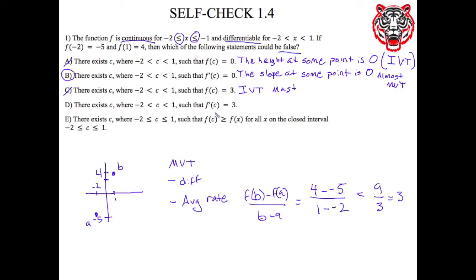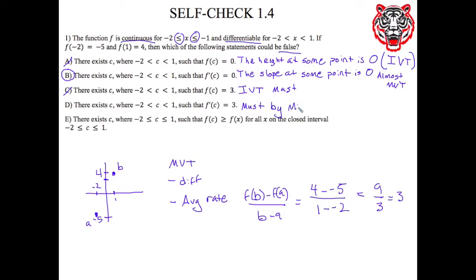F prime of C, so that is the slope at some point. It's very similar to B. The slope at some point is 3. And what guarantees slope? What theorem? That is the mean value theorem. So MVT, and can we use MVT? It's differentiable, yes. The average rate is 3, so that is also a must